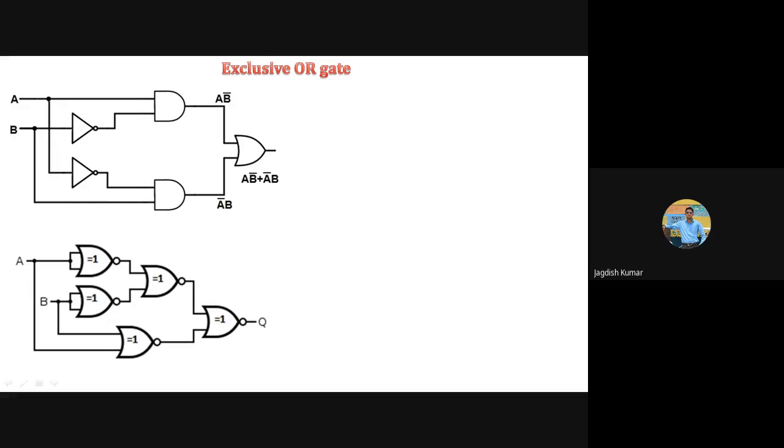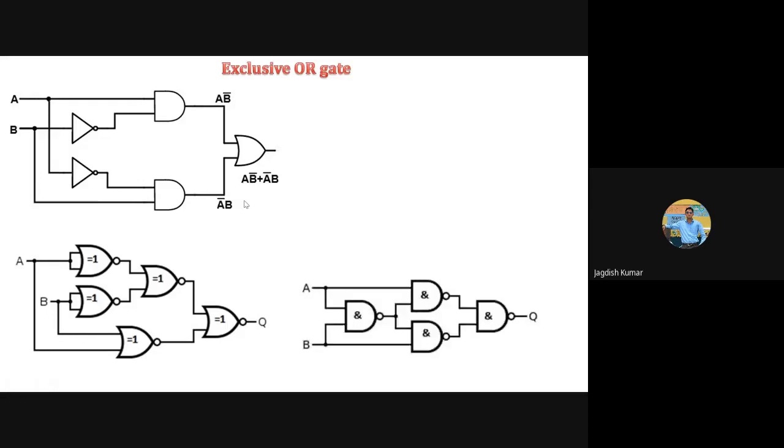Anyway, is anyone able to get this expression? The final outcome of this circuit should be AB bar or A bar B. I mean, somewhere you may have to use other theorems other than De Morgan's theorem. But yes, you will be in a position to get it done. Okay, I leave it to you for now, and I will upload it as an assignment. You all get it done and then prove that output of this circuit will be nothing but same as the output of this circuit.